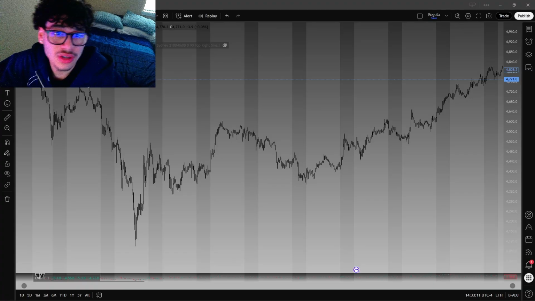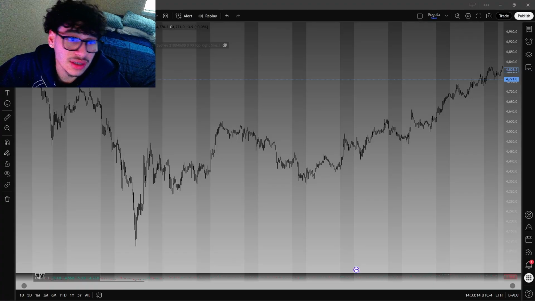Volume profile shows you how much volume was traded at each price level, not over time like regular volume bars, but at specific